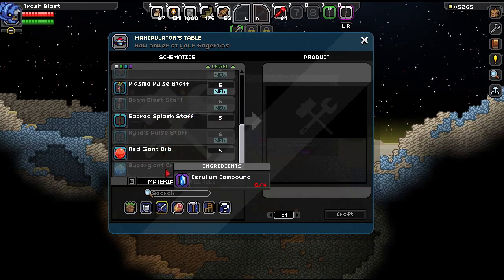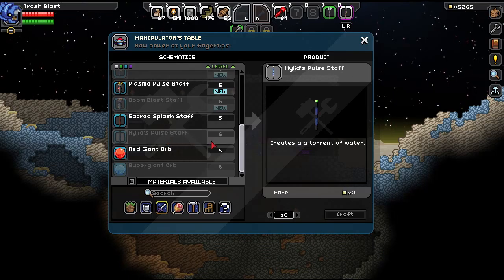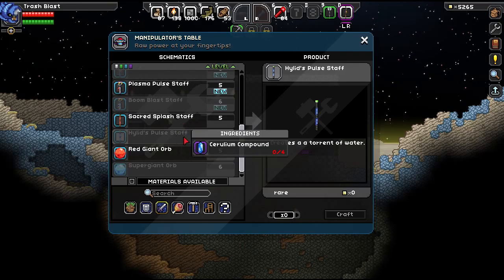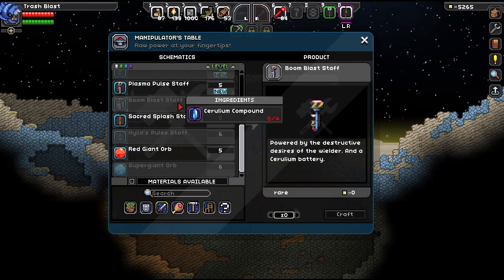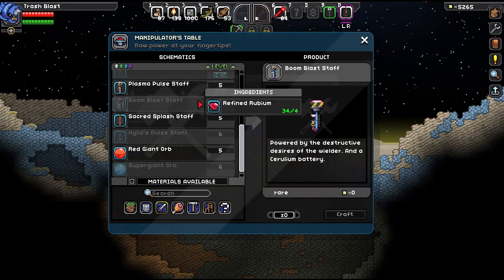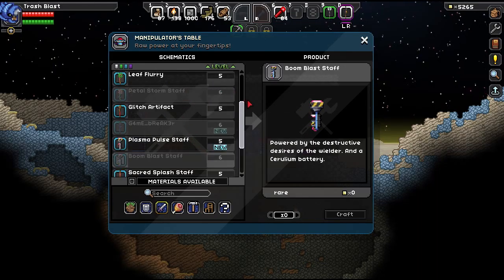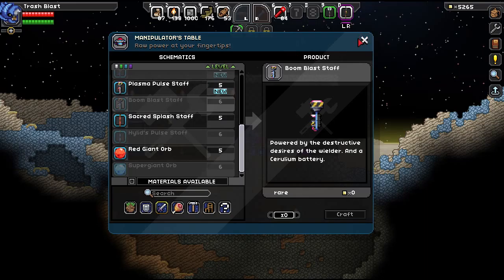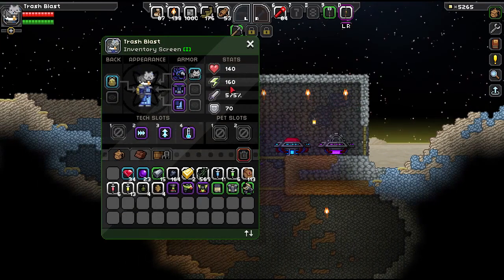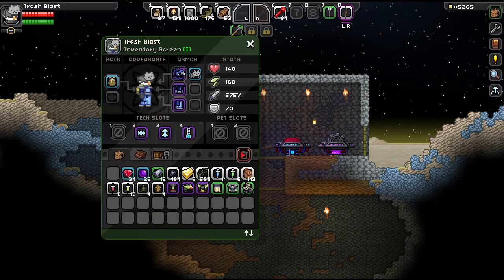Oh, I was going to build one of these. So, is that a weapon? Powered by the destructive desires of the wielder and a cerulean battery. It sounds like a thing that we need to make. That sounds really cool, actually. And it's a staff, which is in the same family as spears, minus the little stabby bits. Put our cat back on, Mr. Buttons. Alright, so we need to make...